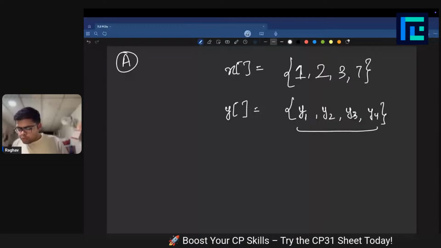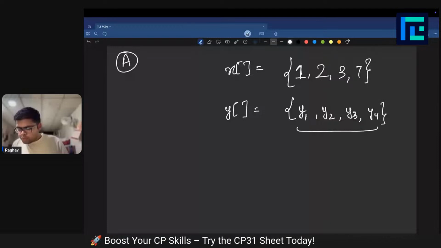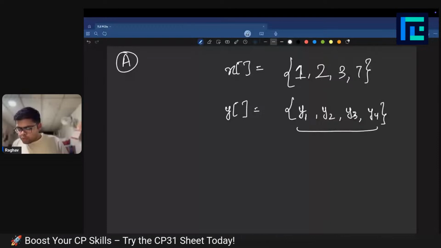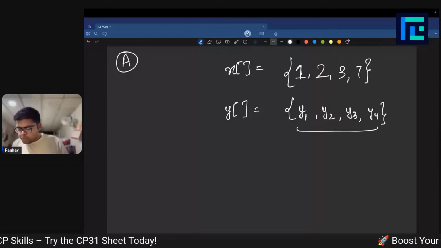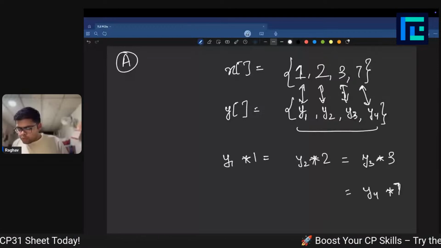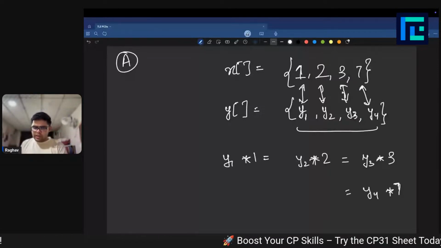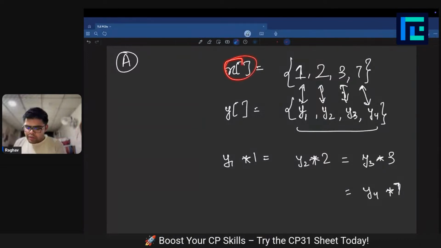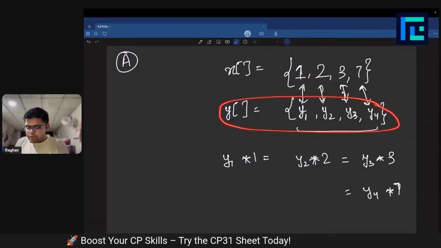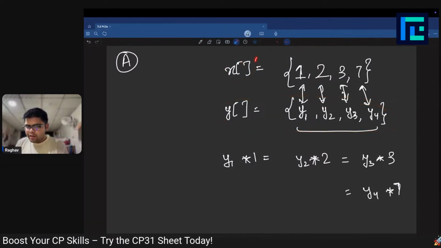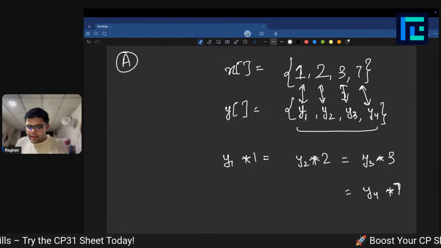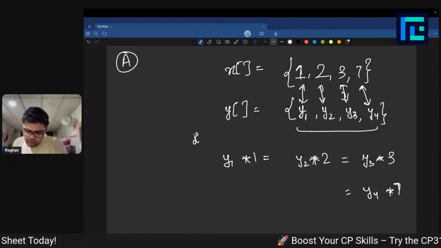The product of these two should be equal to the product of these two, that should be equal to the product of these two, and it should also be the product of these two. So all these products should be equal to each other. That's what we want. If there exists such an array y, then this array x would be considered beautiful. Remember that all the elements of y should be